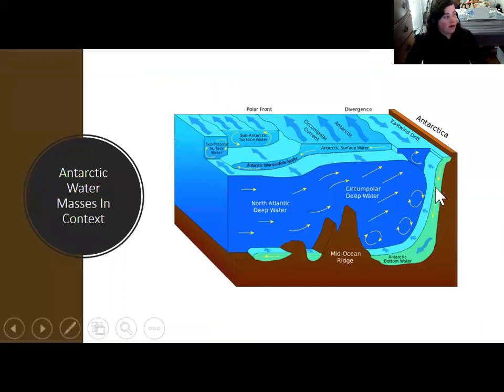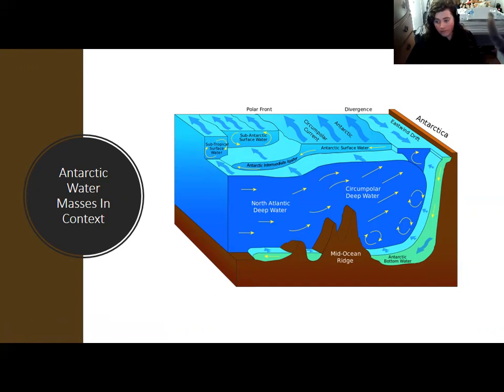Now, Antarctic bottom water is probably the most important water mass that has to do with Antarctica, but it's not the only one. Notice here how there are several different masses involved. You have Antarctic bottom water sinking to just about the bottom of the ocean. And interestingly enough, you have another water mass, North Atlantic deep water, which forms from similar processes in the North Atlantic,